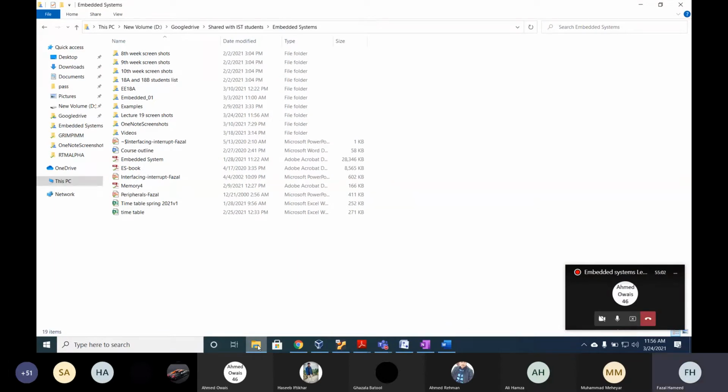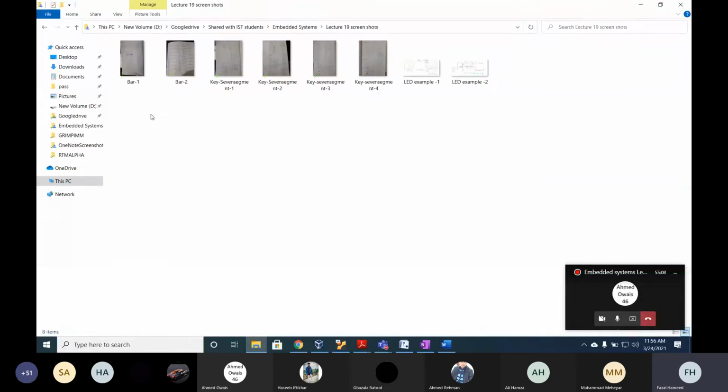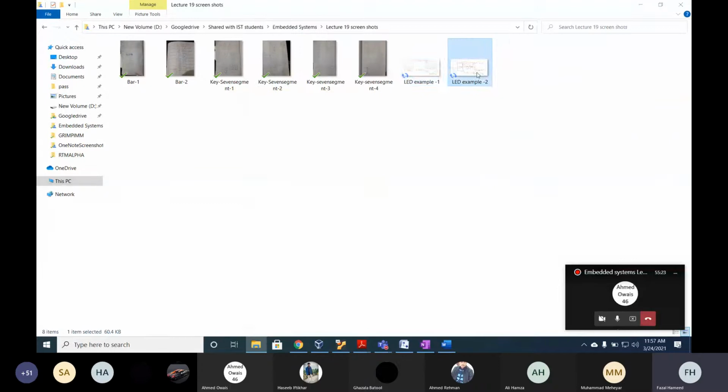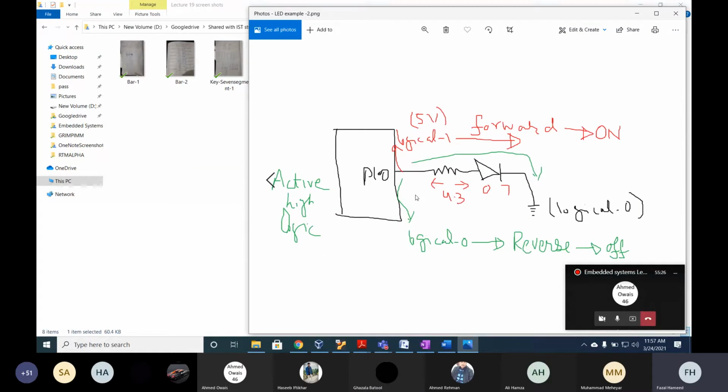It depends on you. It depends on the external design. So if you look at the first example, if this is the design, the outside design, in this case you will use active low logic. In this example, you will use active low logic, and for the second example, you will use active high logic. So it depends on your circuit design. If a circuit is already given to you, based on the circuit design, you have to change your program accordingly. Understood or not?